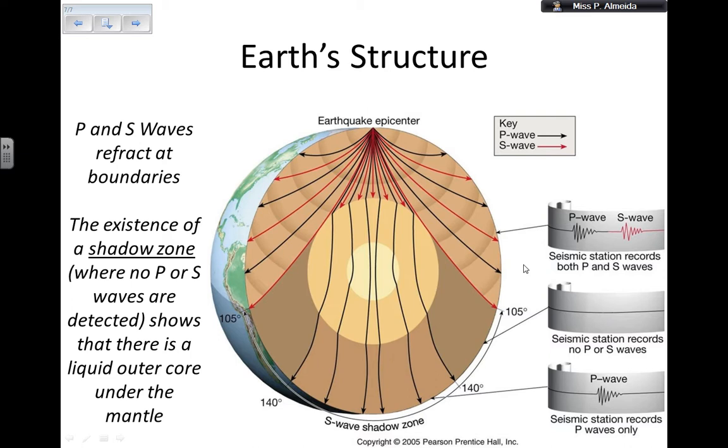So the earthquake waves, the P and the S waves, are helping us, or did help the scientists, to figure out the Earth's structure, okay? This is because P and S waves refract at boundaries, and because there is a shadow zone where the P and the S waves are not detected, it shows that there is a liquid outer core under the mantle, okay? So this is all for today in terms of